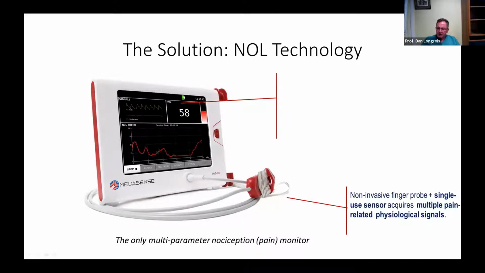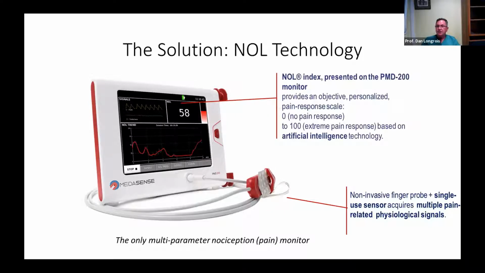And it is non-invasive. It is a simple finger probe. It takes you 15 seconds to put this in place. It's not difficult at all. It can be used routinely, and there's a scale. Basically, 0 upon nociceptive stimulus is no response, so there's no encoding of nociception. 100 is the extreme opposite, that is, you have a very, very high encoding of nociception. It's based on artificial intelligence,